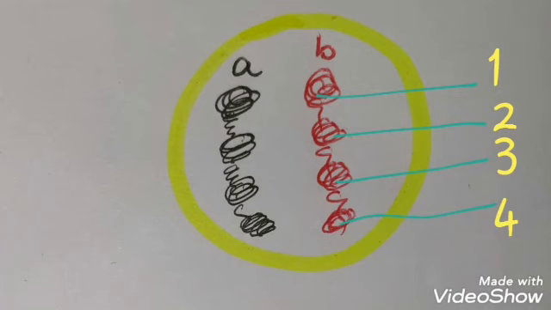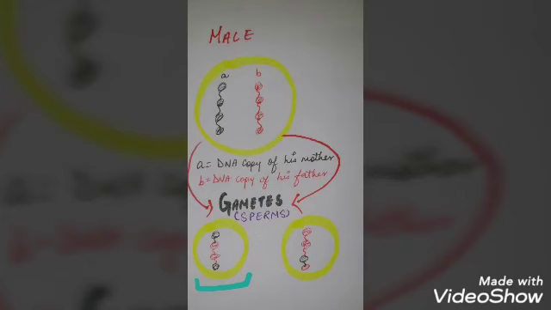Now in this example, I have shown just 4 strands of DNA, but in actual, we human beings have 23 such pairs. These pairs are termed as chromosomes. When gametes are formed, it is not necessary that each gamete should get all of the content from just one parent. So, maybe this particular gamete can get the first from mother, second from the father, third from the father and fourth from the mother.